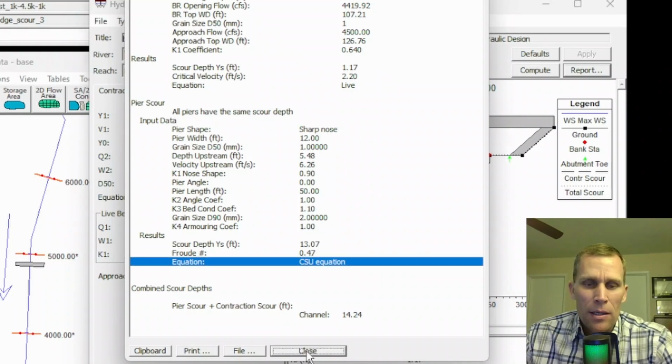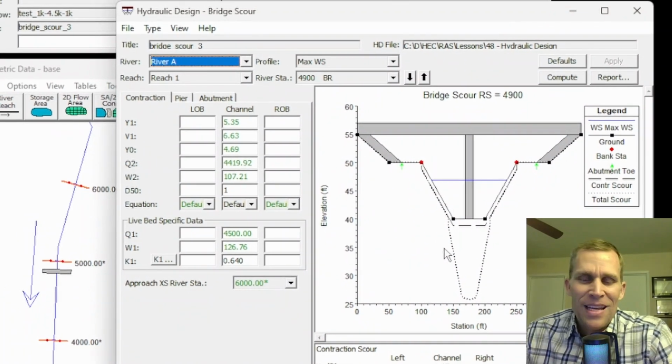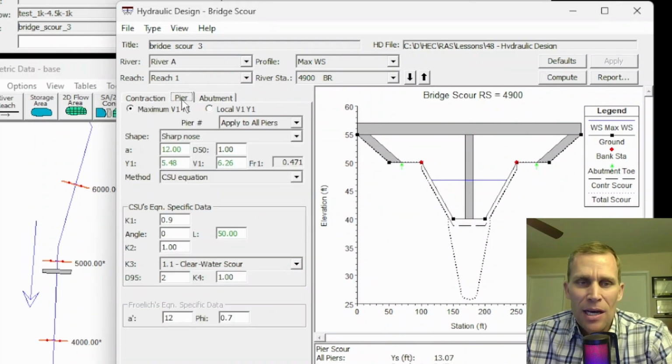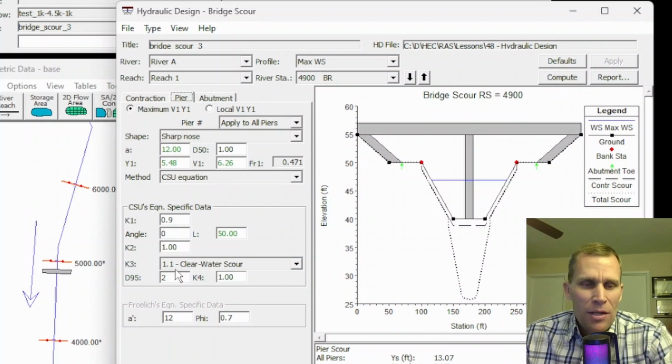Okay, I'm going to go ahead and close that and then see if I can make some changes to reduce the amount of scour and then run it, compute one more time, look at the report, and then we'll call that good. So let's focus on the pier bridge scour because that's where the 90+% of our scour took place. And one thing we could try doing is just eroding, say, sand or something, 1 millimeter. We could increase the size of the D50 to say 50 millimeters, and the D90 could be say 120 millimeters. Okay, I'm not sure how much that's going to affect things, but let's click apply to save, and then I'll